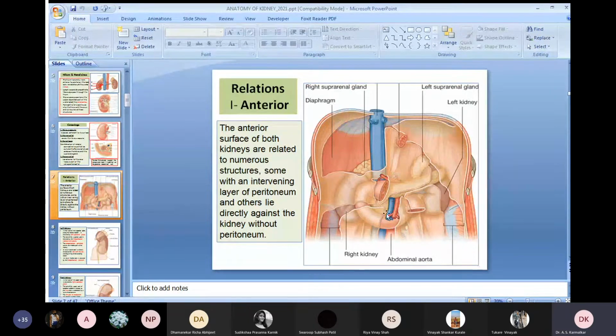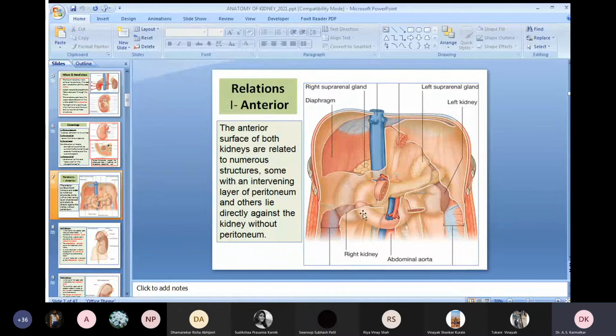Now we know there is, on the right side, a liver, on the left side the spleen, and the stomach, and on the right side again there is the duodenum. Then on the left side is the tail of the pancreas, and there is another structure which is going upward. There's the ascending colon, that is large intestine, then the transverse colon. This transverse colon makes an angle on the right side and the left side, and it continues as the descending colon. So this colon is also related to the anterior aspect of the kidney, and in between this colon there is the small intestine. So there are coils of small intestine, they are related to the kidney.